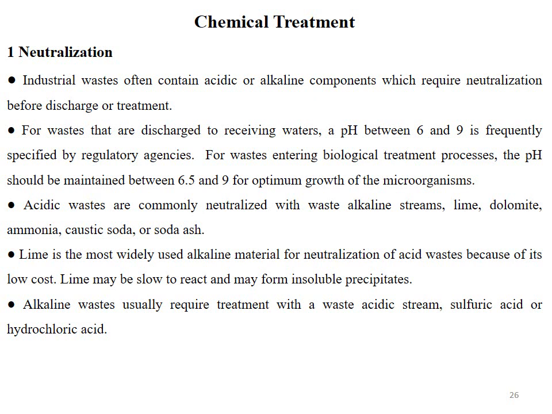Industrial wastes often contain acidic or alkaline components which require neutralization before discharge or treatment. For wastes that are discharged to receiving waters, a pH between 6 and 9 is frequently specified by regulatory agencies. For wastes entering biological treatment processes, the pH should be maintained between 6.5 and 9 for optimum growth of the microorganisms. It means कि इंडस्ट्री से जो वाटर आ रहा है, जो वेस्ट वाटर आ रहा है, तो सबसे पहले